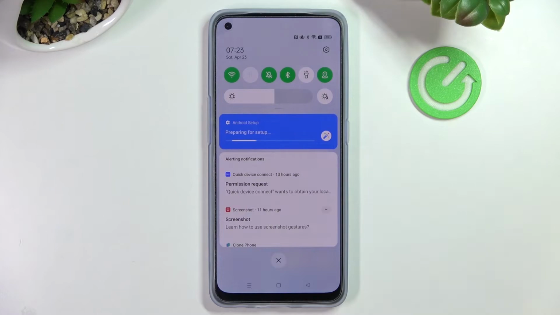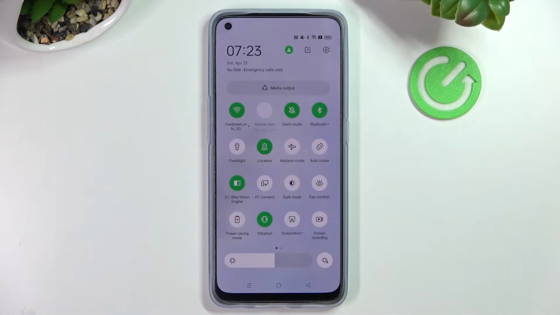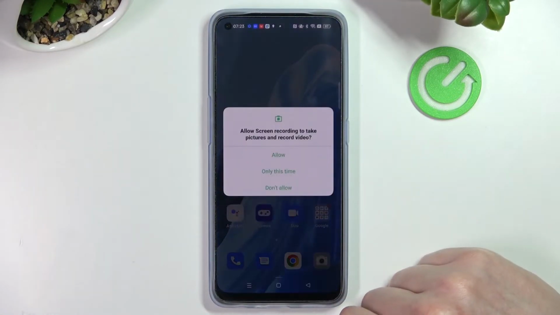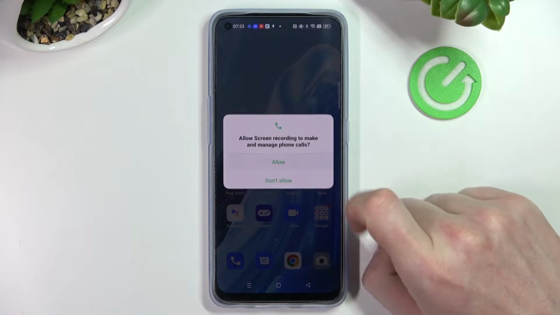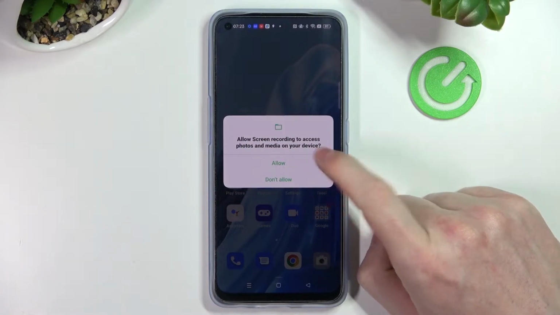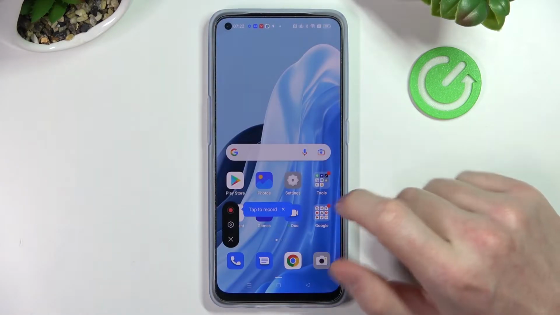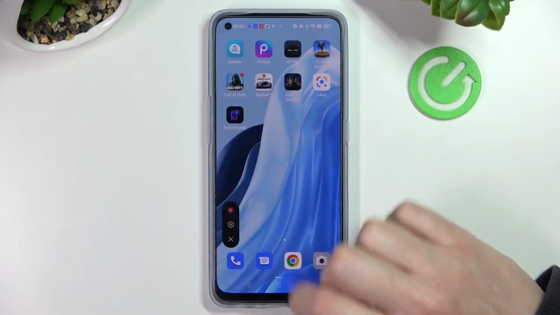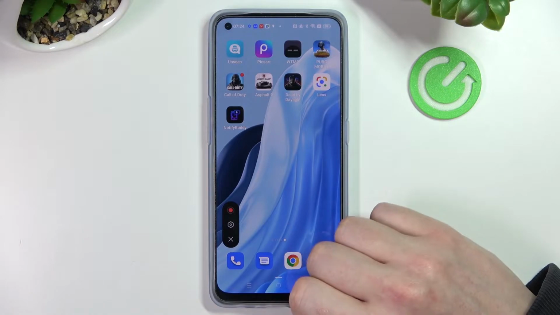Simply scroll down your toolbar, scroll down again, and here you can find screen recording. Simply press on it, agree and continue, allow, and allow again. So now in order to actually record our screen, we'll need to press this red shutter button, and it will